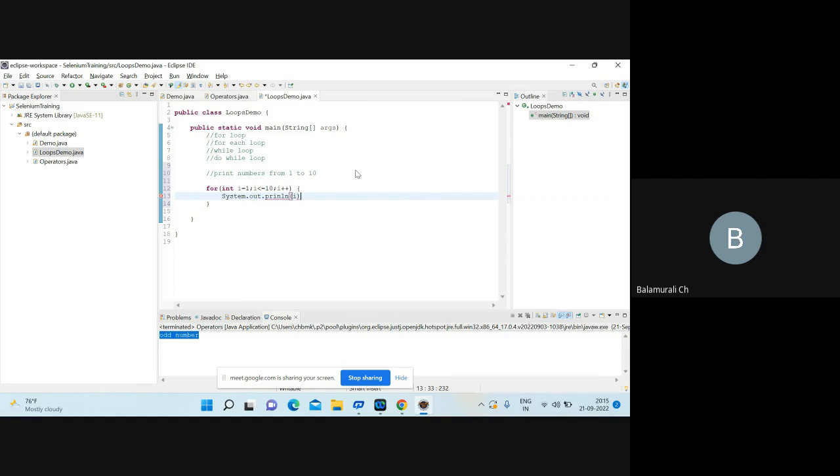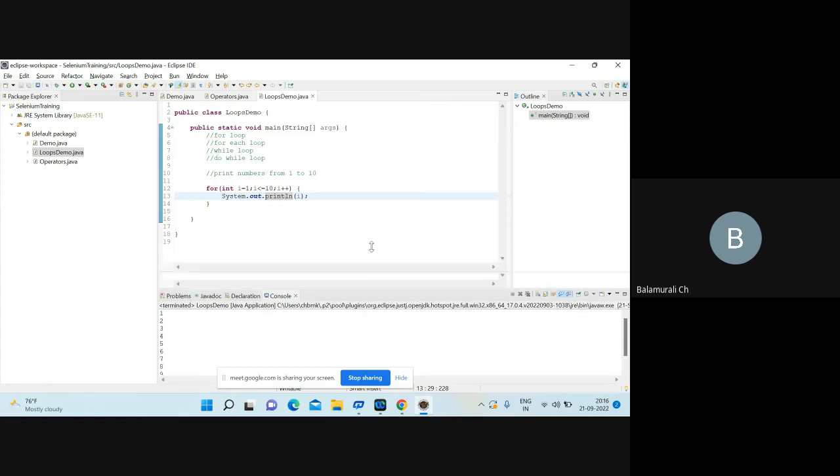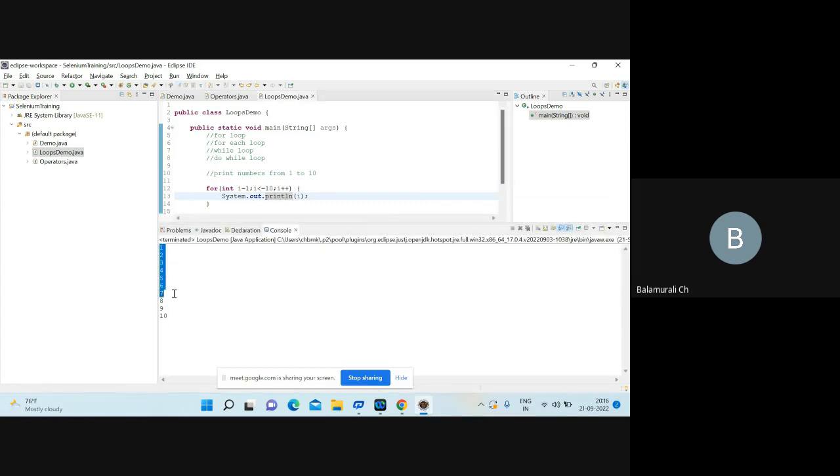Just that number I will print. Let me run this program, I will explain. So what is the result I got? I got 1 to 10 numbers,